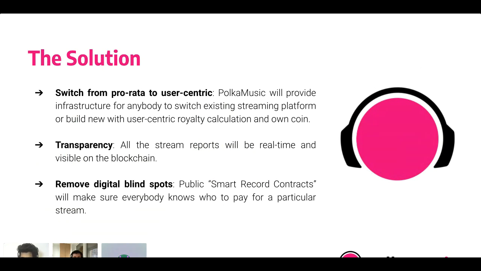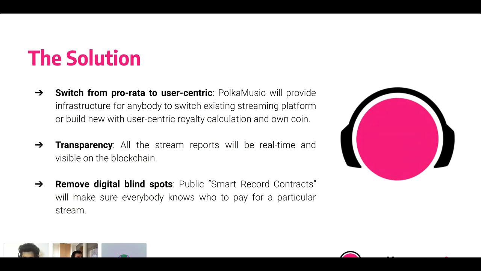And if you want to build a new one, you can just initialize our smart contract, and you will have your own micro economy for your own platform. Apart from that, all these stream reports would be visible on the blockchain. Whenever somebody listens to music on your platform, it will be seen on the blockchain, and you will be able to verify using a blockchain explorer.